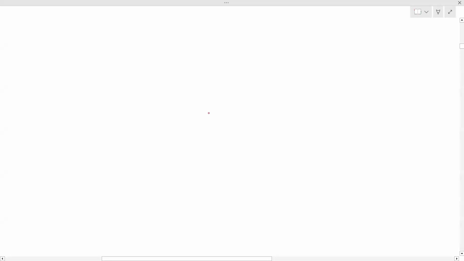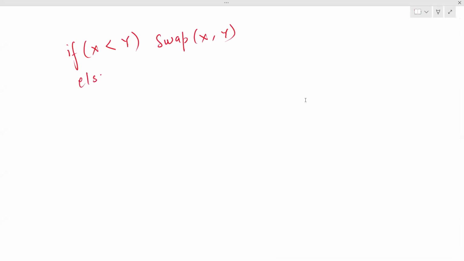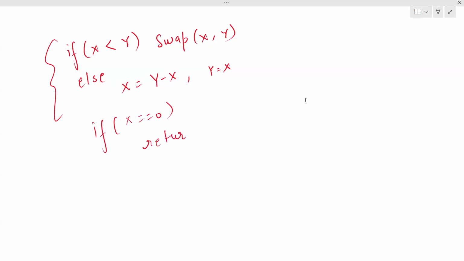But this actually is: if x is less than y, then swap x and y. Otherwise, x becomes y minus x and y is x. So this is the Euclidean theorem, the basics of Euclidean theorem. And finally, there is also one more condition: if x is 0, then you can just return y. So this basically is